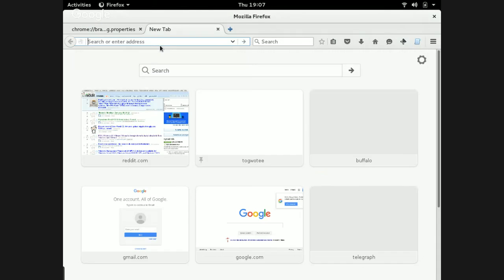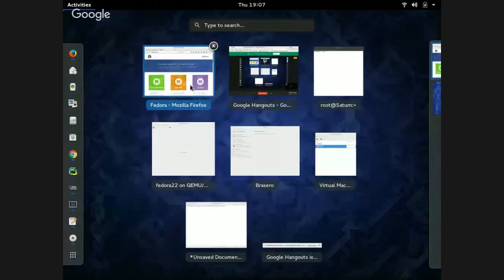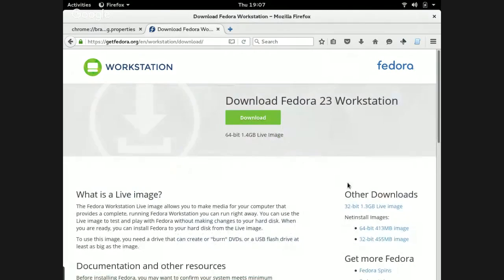So the first thing I had was go to Get Fedora and get Fedora Workstation. I've already downloaded it, so I don't need to go through this. But when you do go to download this, it does offer a lot of options. But the big one here, you just get the